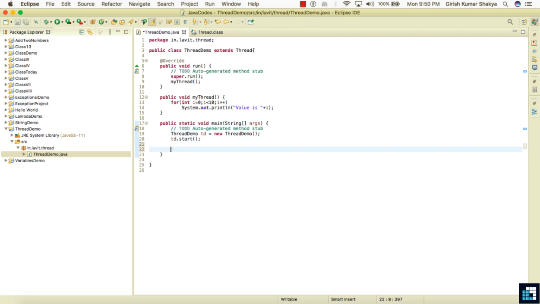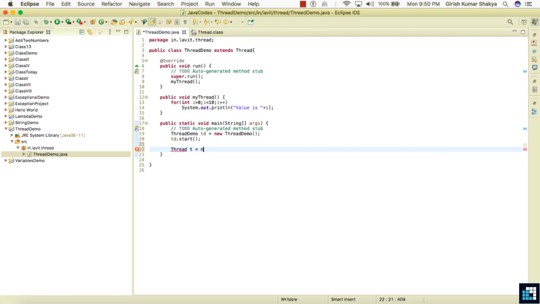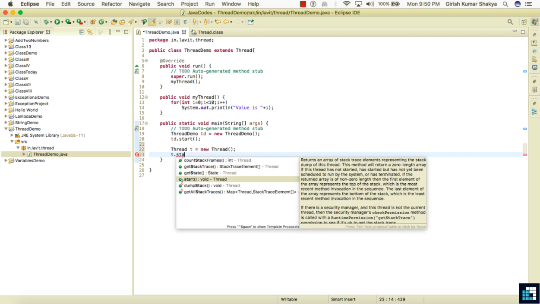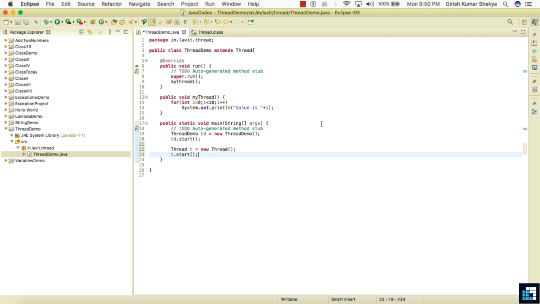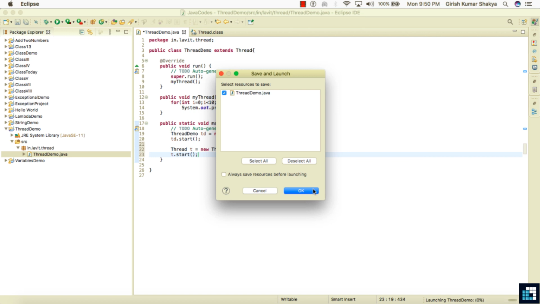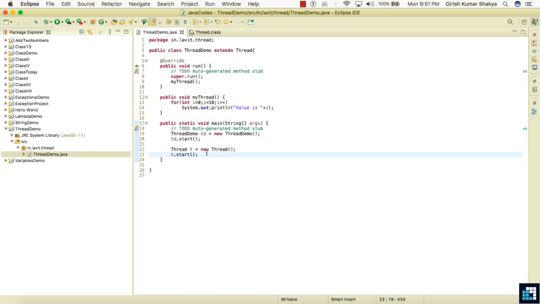You can simply write Thread t = new Thread(), and t.start. But if I call start, it will only run the first one. It won't run the second one, because this is a separate class and we are not extending it.